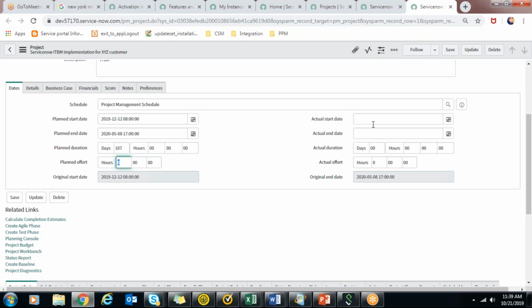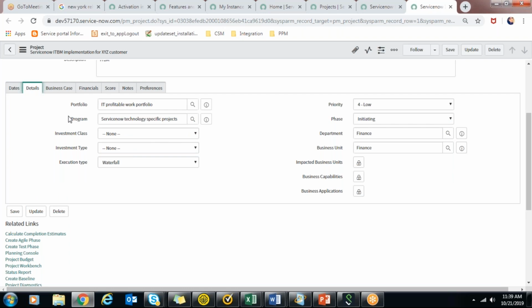And then, okay, in the details tab, you'll see the portfolio program associated with it. What is the investment type? What is the execution type of this project? Waterfall, agile, or hybrid?